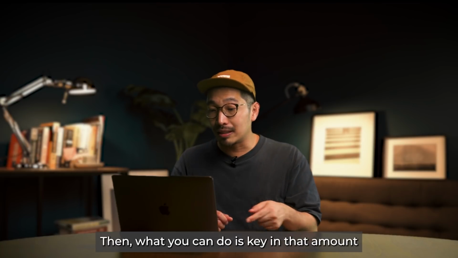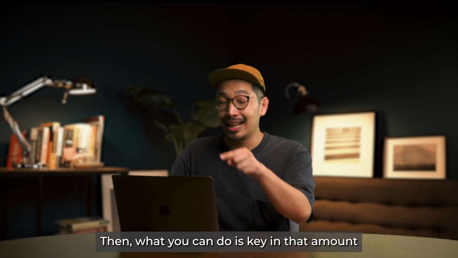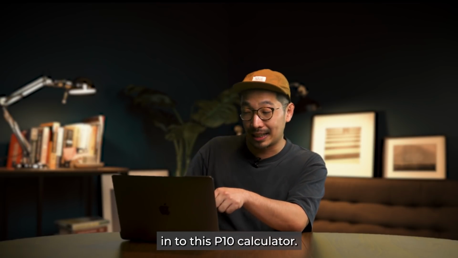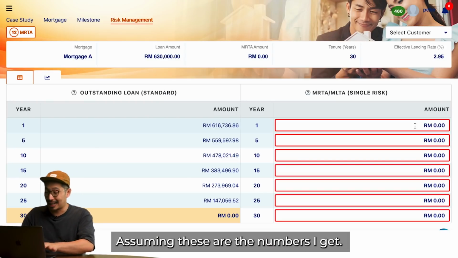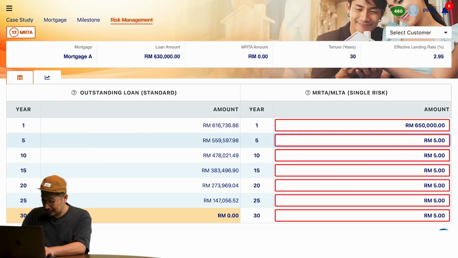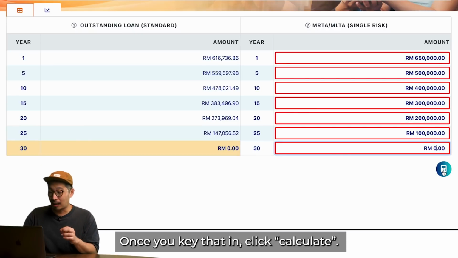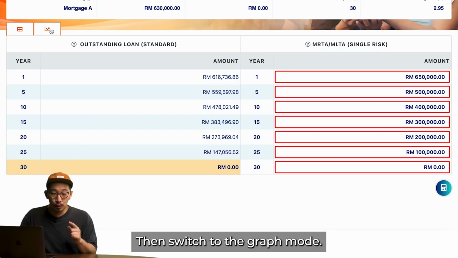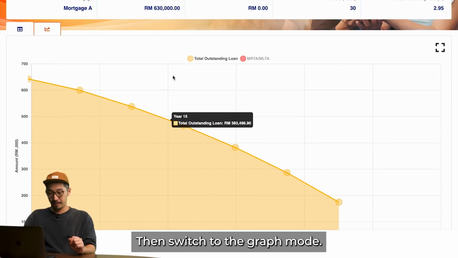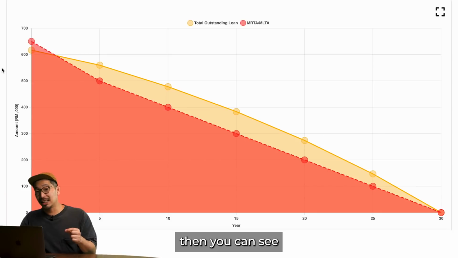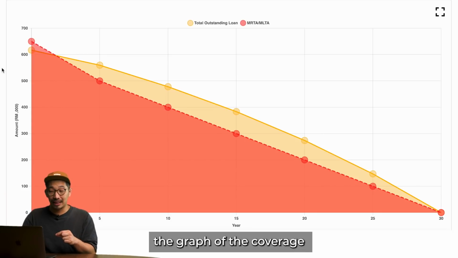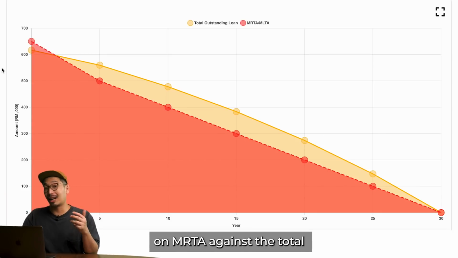Then what you can do is key in that amount into this P10 calculator, assuming these are the numbers I get. Once you key that in, click calculate, then switch to the graph mode. Select MRTA, then you can see the graph of the coverage on MRTA against the total outstanding loan.